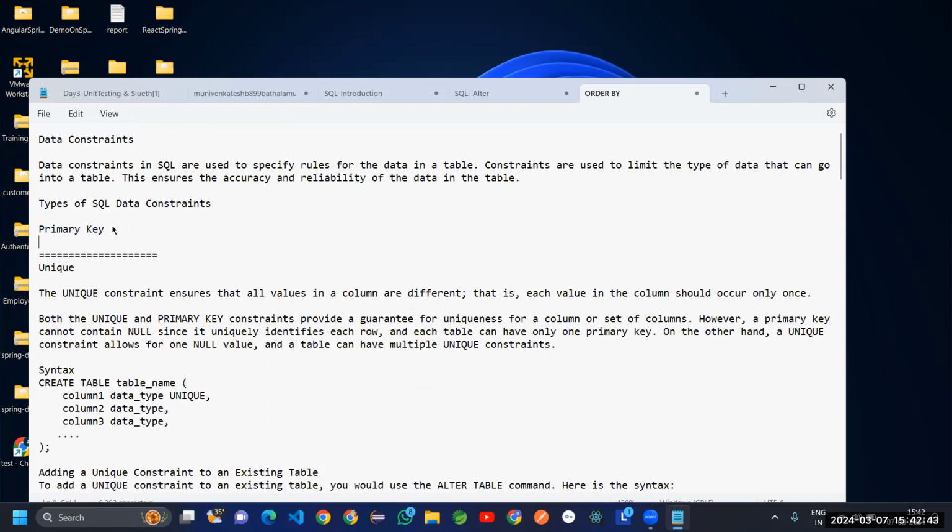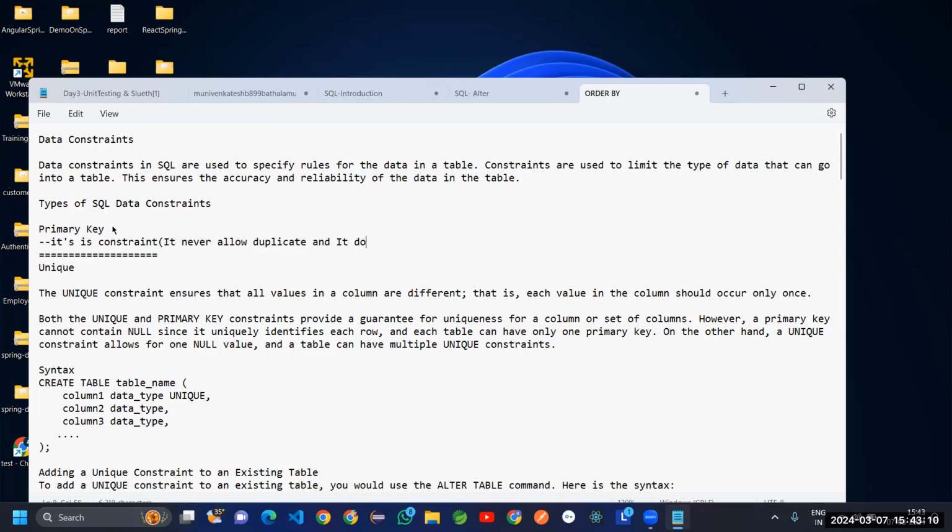Actually it is a constraint. The main objective of a primary key is that it never allows duplicates,